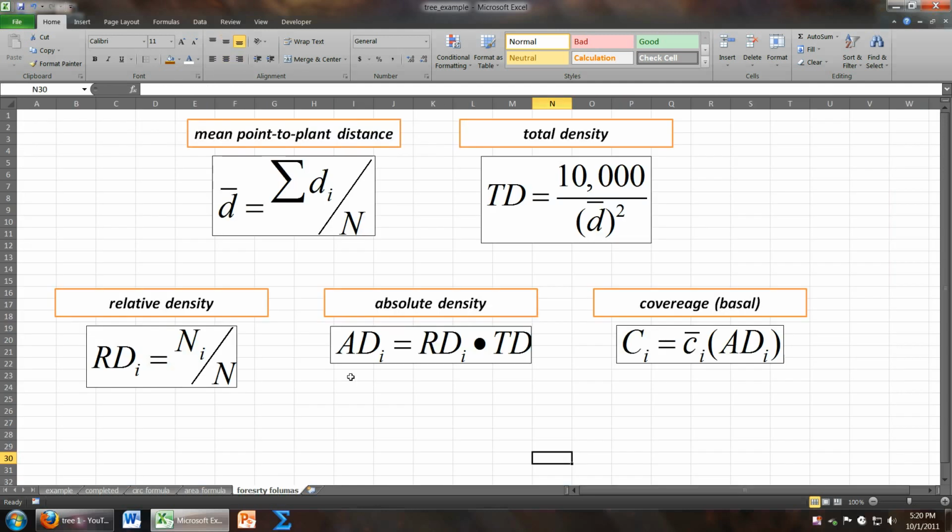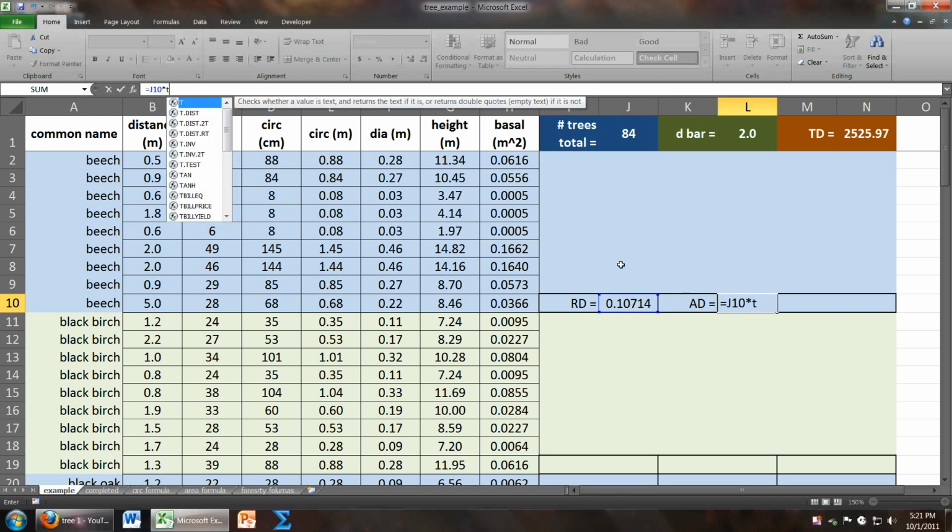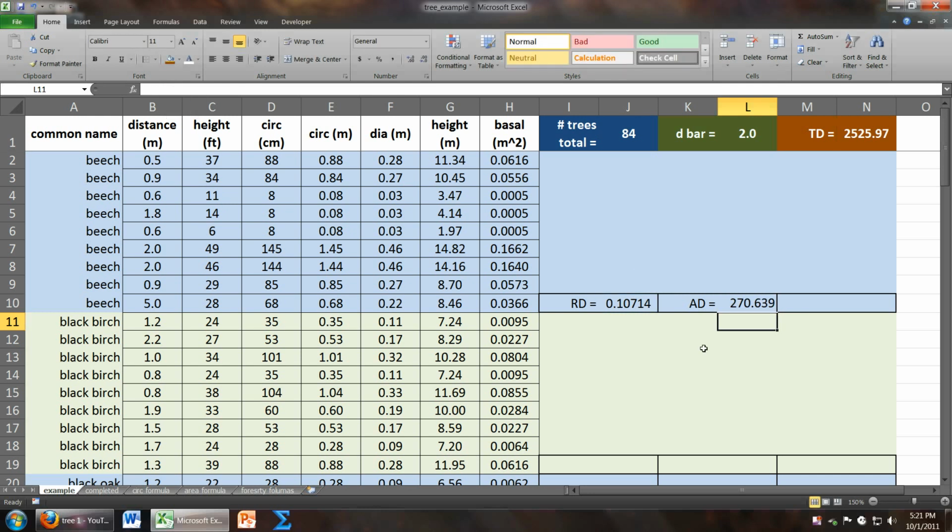Alright. What's our next forestry formula? Absolute density, which is simply relative density that we just calculated times the total density. So let's go back. So absolute density, we'll just name it AD. So our formula will go in the cell right next to it. So it will be relative density, which we just calculated, so equals this cell here, times the total density, which we have calculated up here, and the name of that cell is just TD. So what this value really means is that we expect to see about 271 beech trees per hectare, according to